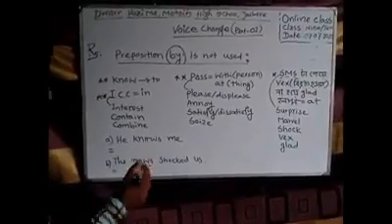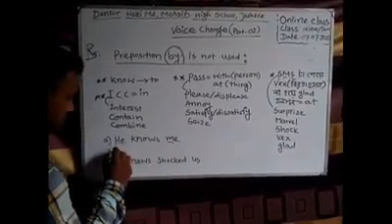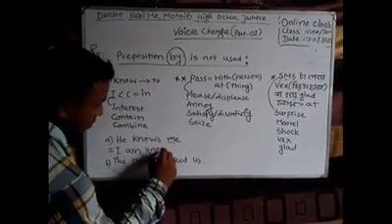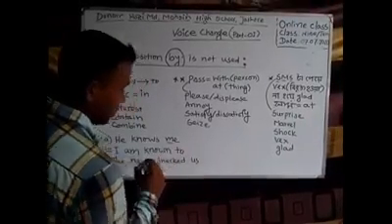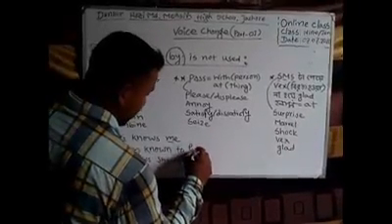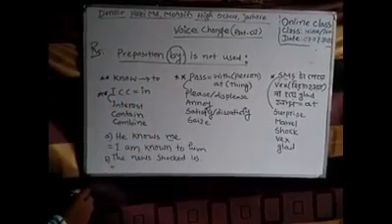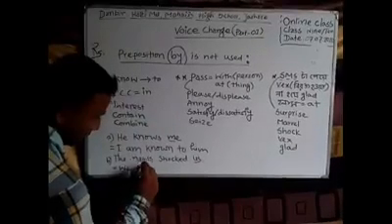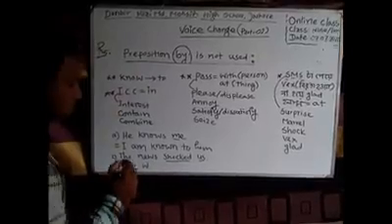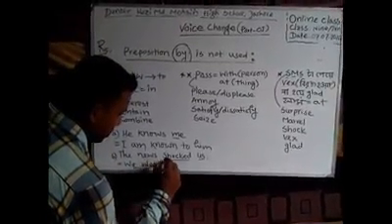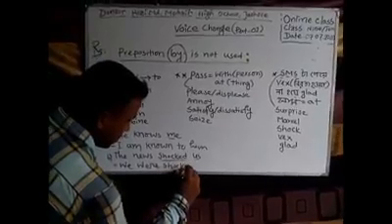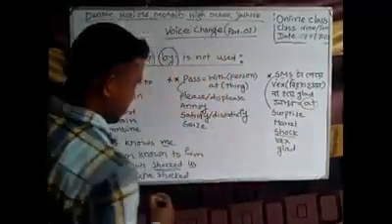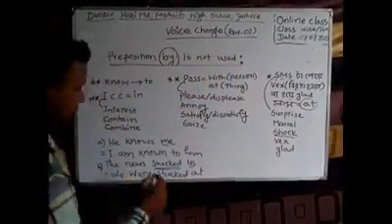So I am writing here two examples of this. He knows me. The passive of the sentence is: I am known to him. Another: the news shocked us. So the object us becomes we. This is past indefinite tense, shocked, so the auxiliary verb should be was and were. We were shocked. So after shocked we have to use at the news.